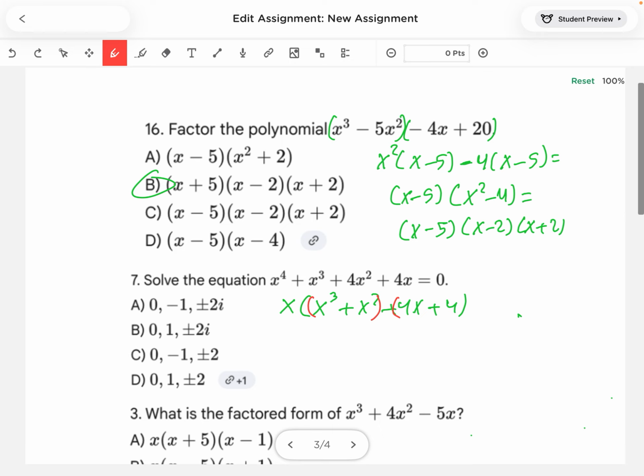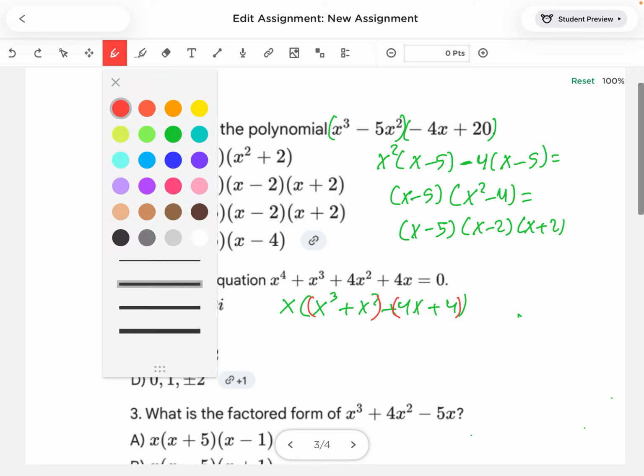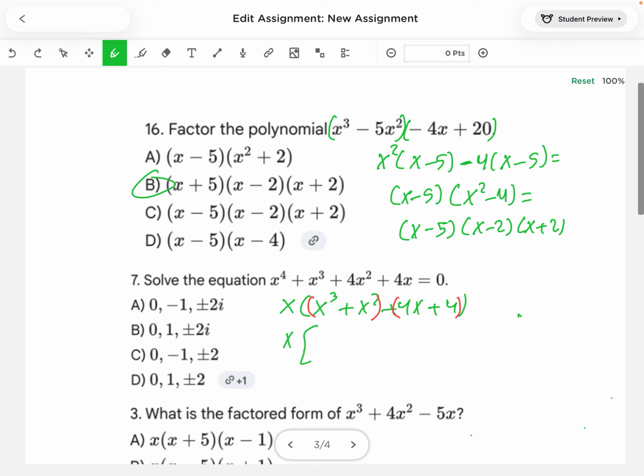Group the first two and group the last two. You will have x here, and x squared times x plus 1, plus 4 times x plus 1. You have x times x squared plus 1, times x plus 4. This is x plus 4 here, x squared plus 4, and this is x plus